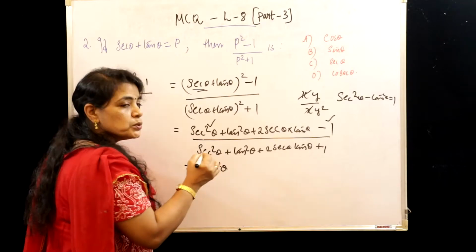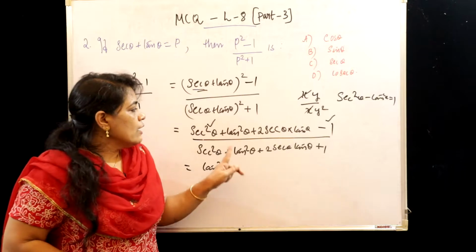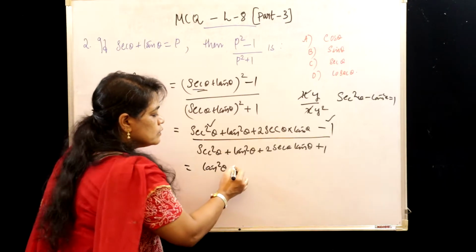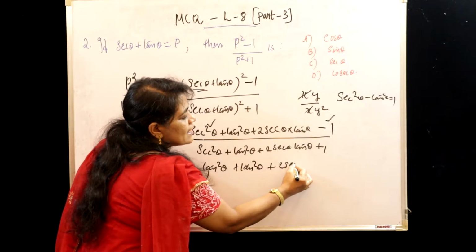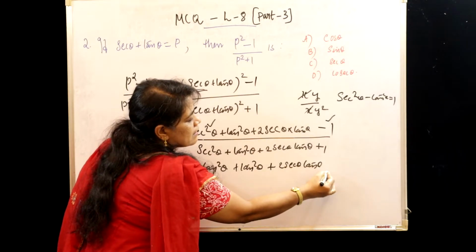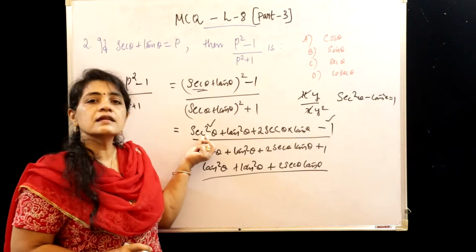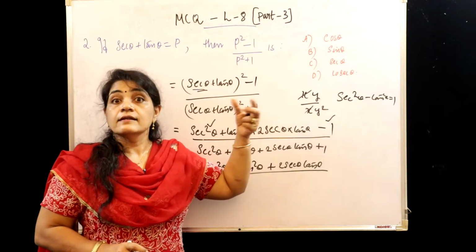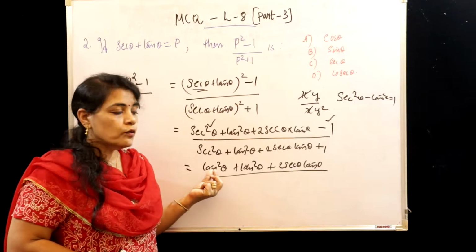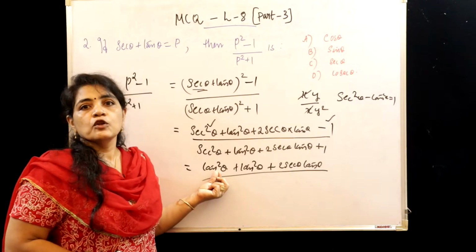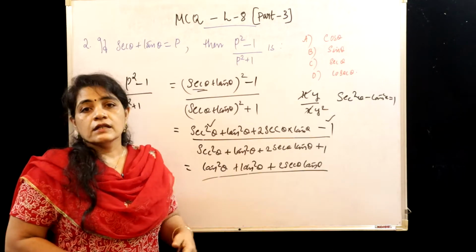From identity 2, tan square theta is sec square theta minus 1. And we have one more tan square theta. So we can write that as the second term, and plus this 2 sec theta tan theta divided by. The step is clear children. I combined the sec square theta and minus 1, and we know that sec square theta minus 1 equals tan square theta. That is how we introduce tan square theta in the numerator, and one more tan square theta is already there. And in the denominator, how can we combine?